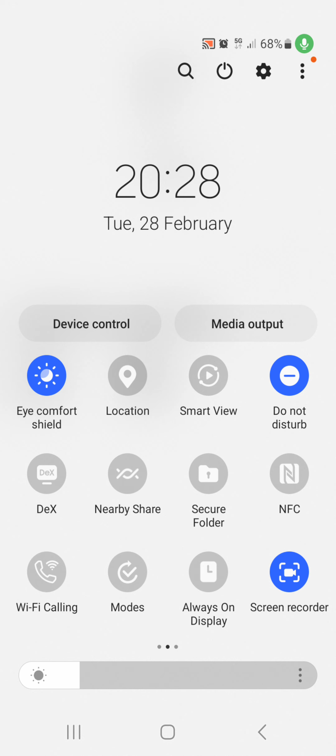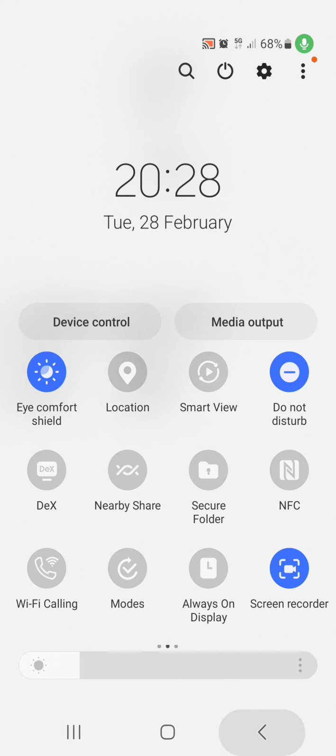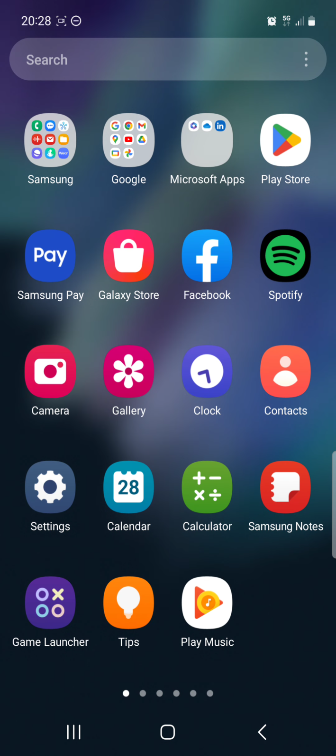So the first function, which most brothers know, is the inbuilt screen recorder, and we pretty much know what we're doing with that. Okay, and what I've done here is I've created a private folder that doesn't have any sensitive information, because it's going to allow us to do this particular exercise. So let's say you've recorded a video and you wanted to manipulate it. So using the screen recorder